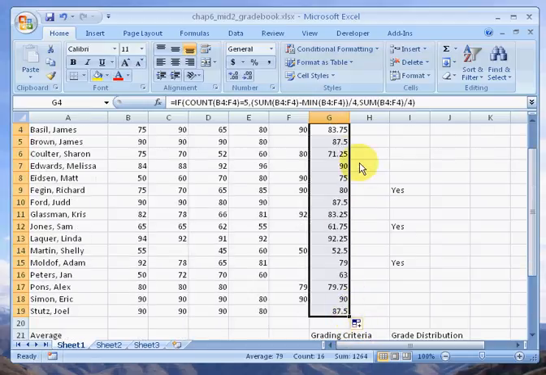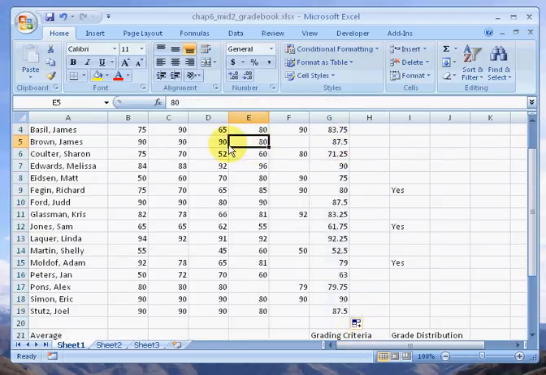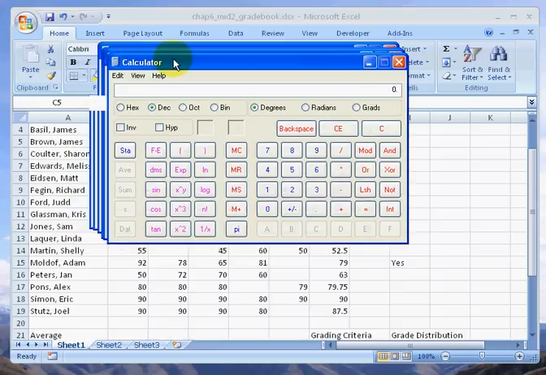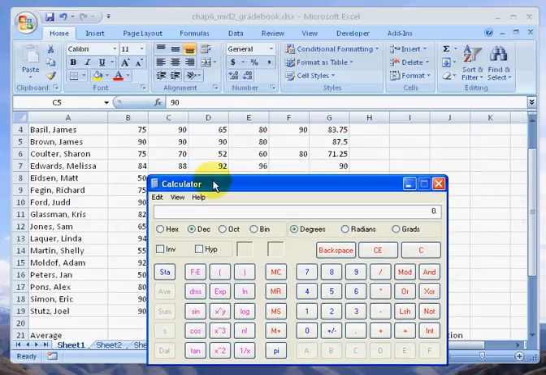See if I come up with the right values. Looks correct. I could check that. If I check it, I pull my calculator in there. What do I do here? I do 90 plus 90 plus 90 plus 80 divided by 4. Whoops. Divide that by 4. Is that right? Let's try that again. 90 plus 90 plus